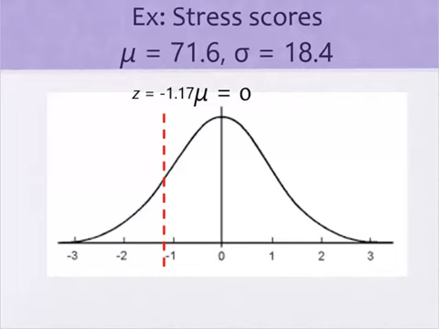Just get it close. That's fine. Just make sure to label where the mean is, and remember that the mean equals 0. And again, fortunately, I have one to scale. So negative 1.17 standard deviations, which is slightly